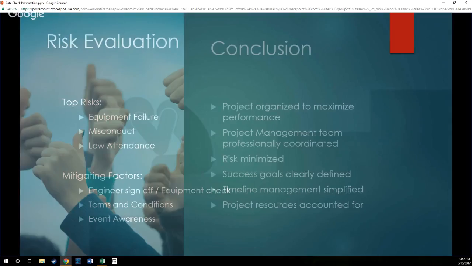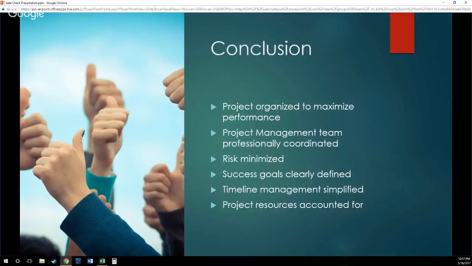The conclusion of this project is that the project is organized for maximizing performance. This will ensure that the project has a high rate of success with low effort. The project management team has been professionally coordinated with the tools shown, and it reduces the risk that could be associated with the event. The success goals for the event have been clearly defined, which are simply that we want